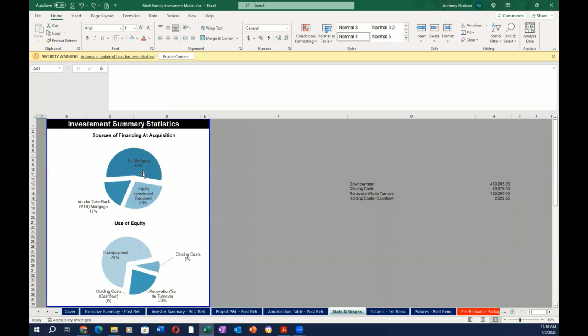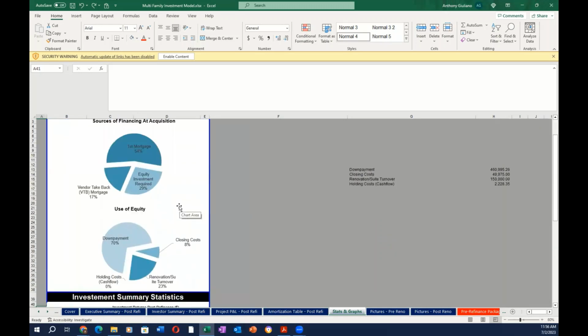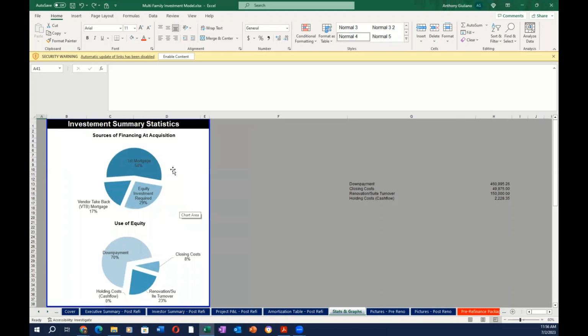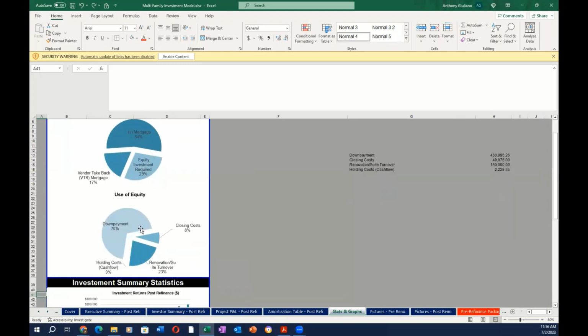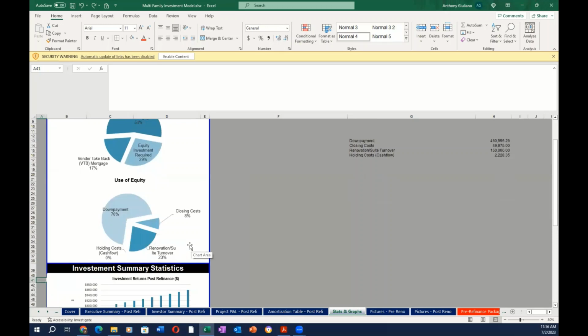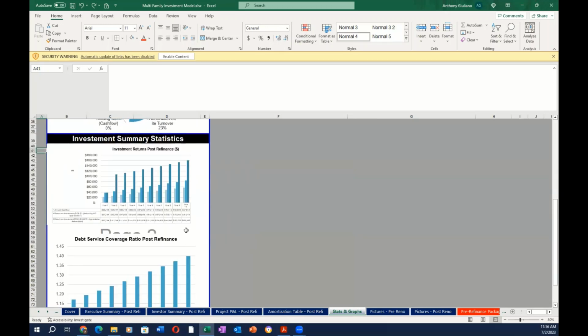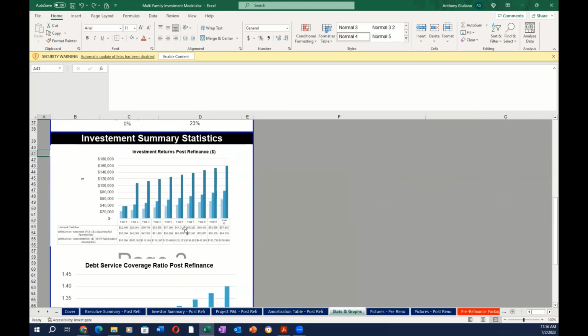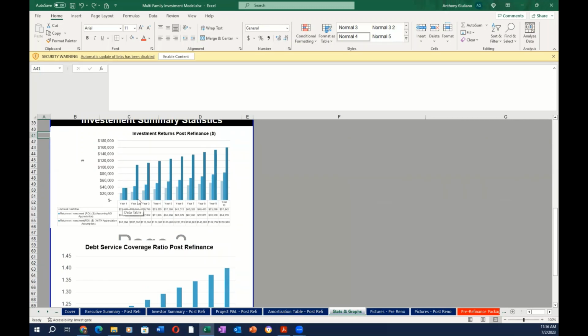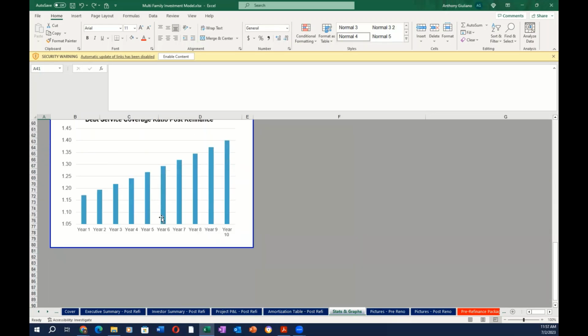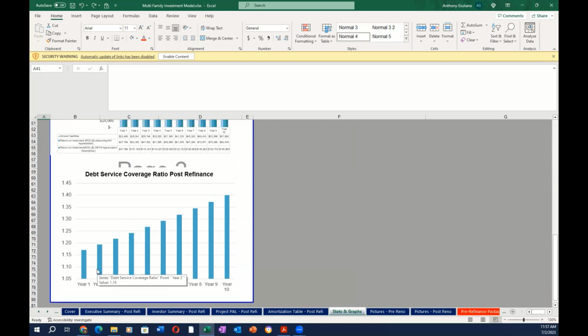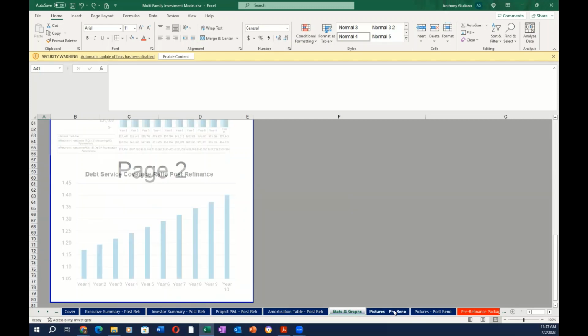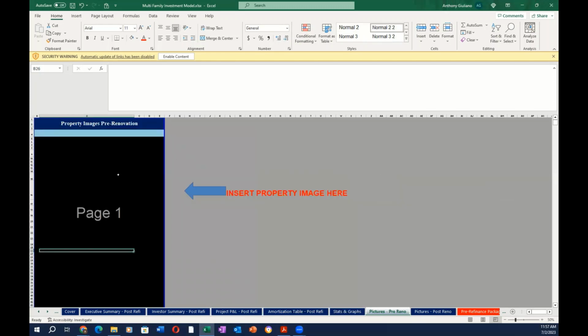Once you've done all that, it'll automatically generate financing sources at acquisition, uses of the equity that the investor is going to have to contribute to the deal, and the post-refinance return. So how your annual cash flow is going to change, how your return on investment is going to change each year with appreciation and without appreciation. And also one of my favorites is how your debt service coverage ratio is going to grow over a 10-year time horizon. I also have a section here where you can enter in